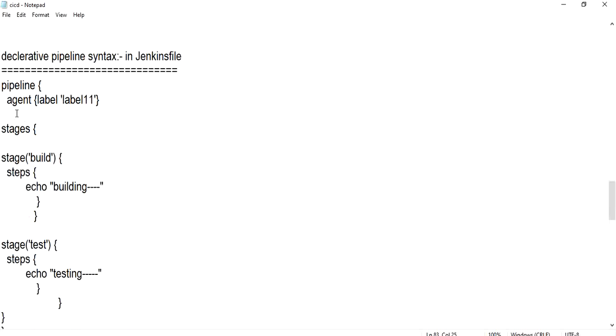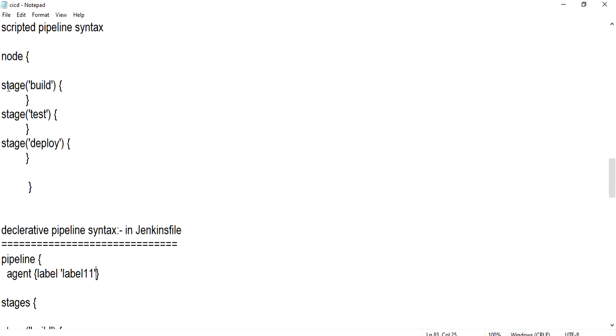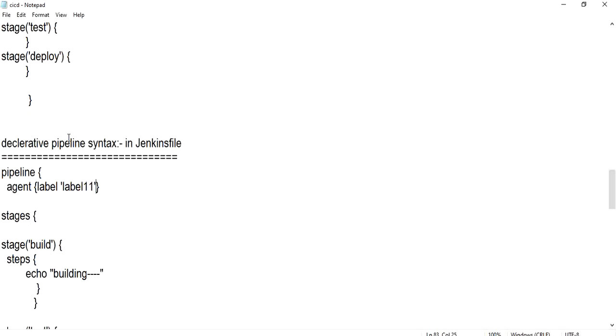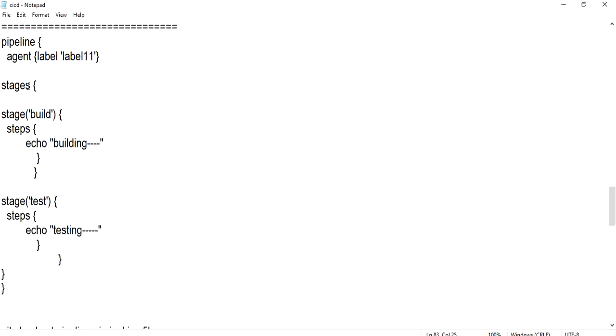Next, same, you will have stages, but in scripted pipeline we define stage individually. We don't have any tree structure like stages. Under the stages we have stage 1, stage 2, stage 3, like this we don't have, but here we'll have stages, and under the stages we will have different stage.